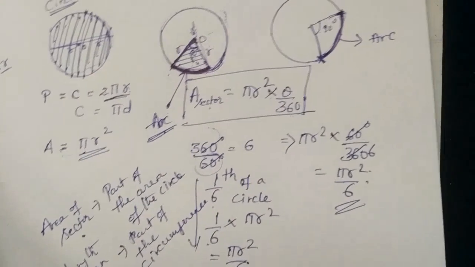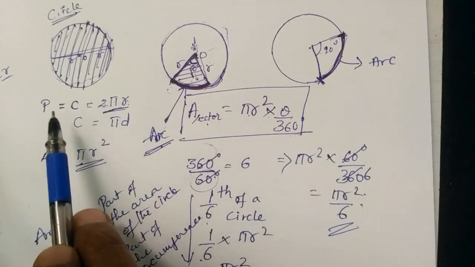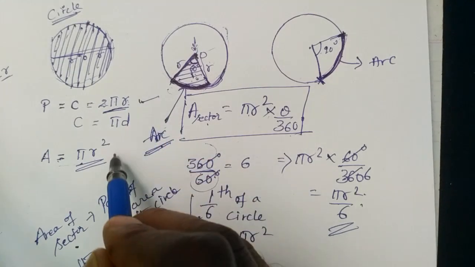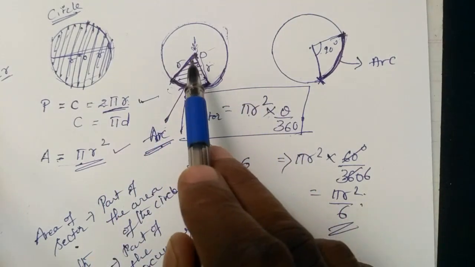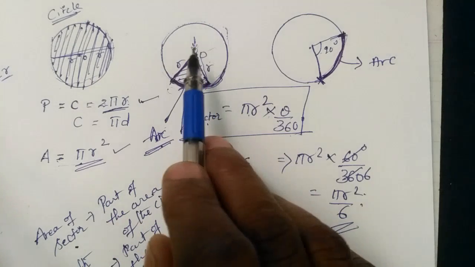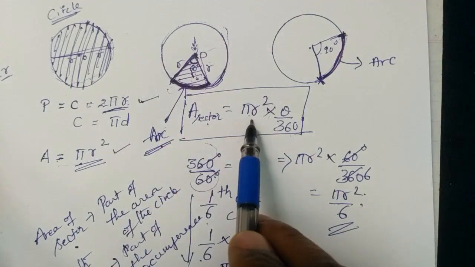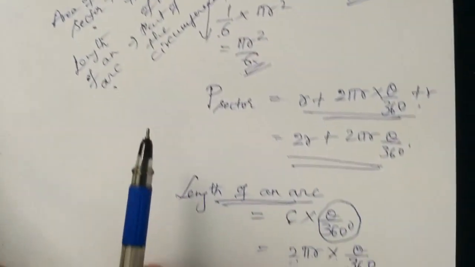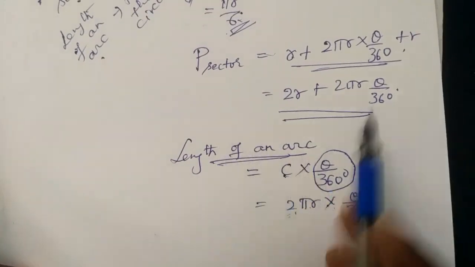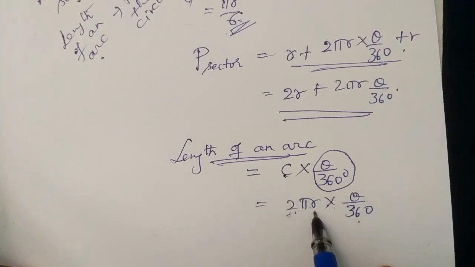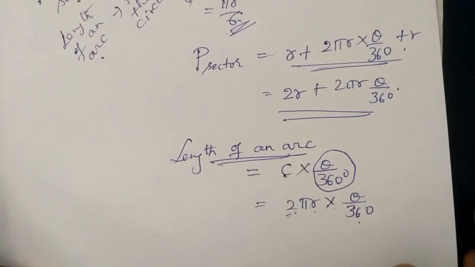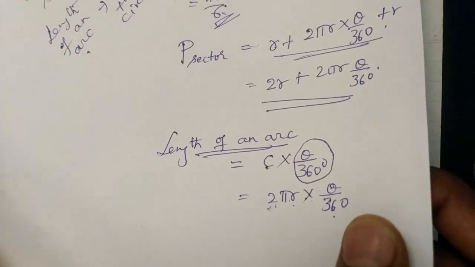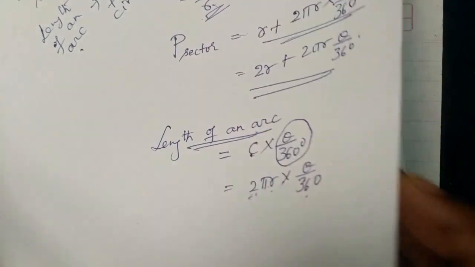So these three formulas are very important. The first is the perimeter and area of circles, which you studied in 9th standard itself: 2 pi r and pi r square. Now area of sector: remember, sector always means a part of a circle. The circle is pi r square, and to find its part, theta by 360. Similarly, length of an arc. An arc is a part of the circumference. So the circumference is 2 pi r, and into theta by 360 is its part. Using these formulas, we can solve many problems from the area related to circles chapter.